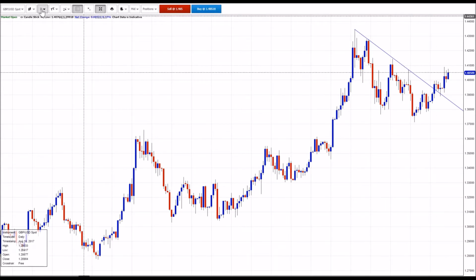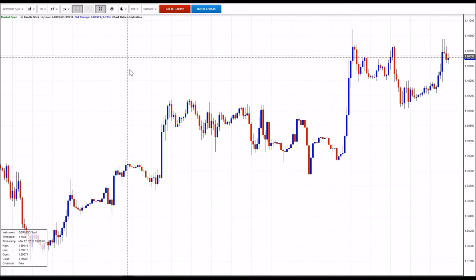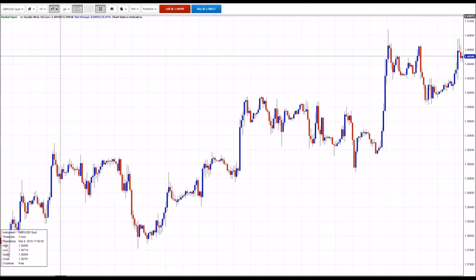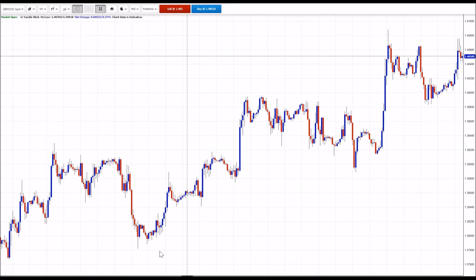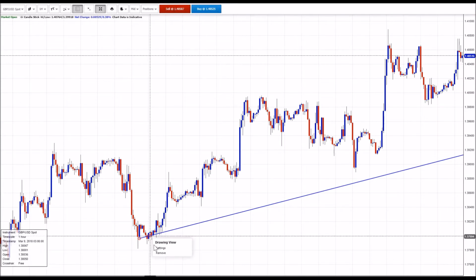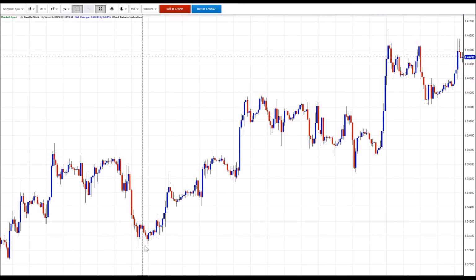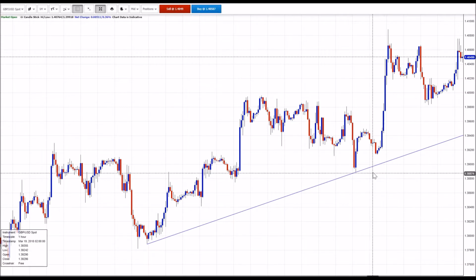Let's just flip this over to an hourly chart and take a look so we can see the trend and some of the levels to look out for. So I think if we go back to, oh damn, hang on, sorry. Why can't I delete these lines? Remove, there we go. If we go back to March the 9th-ish, we've got our trend that looks something like that. There's the lows,